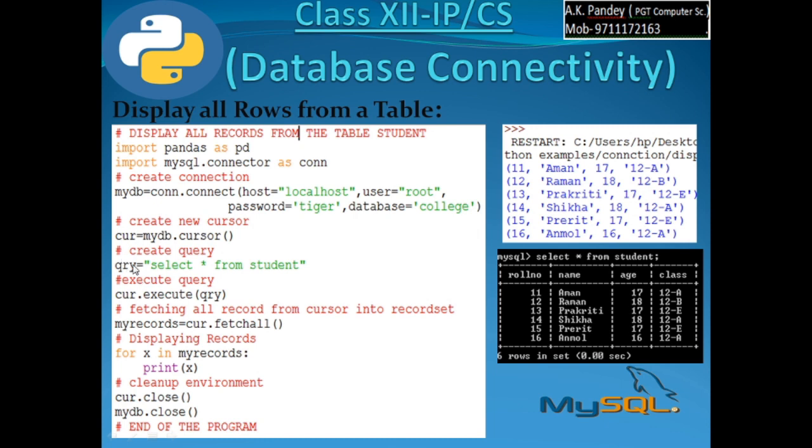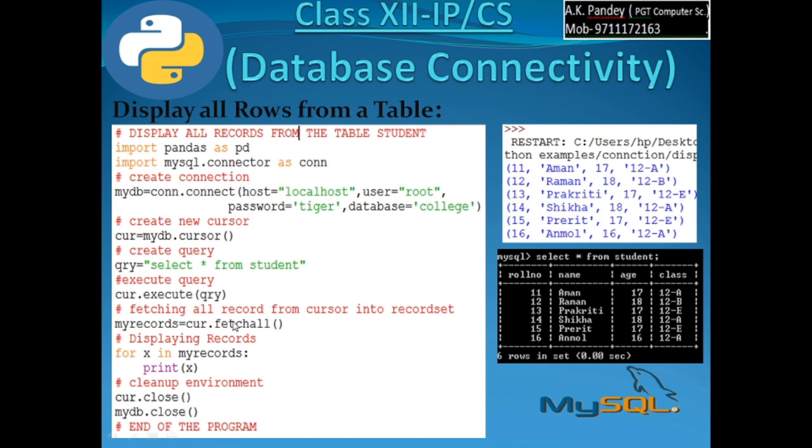Then we are creating a query, select star from student, to display all the rows from the table where you have inserted the records into Python. cur.execute(qry) as earlier. Query has been executed.